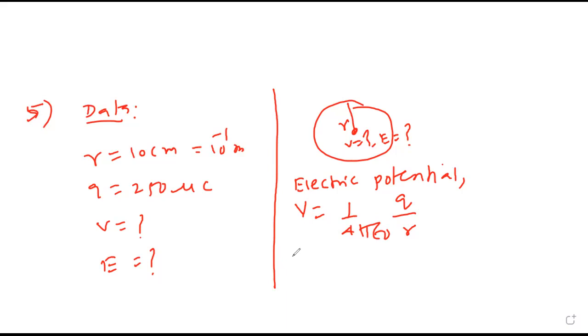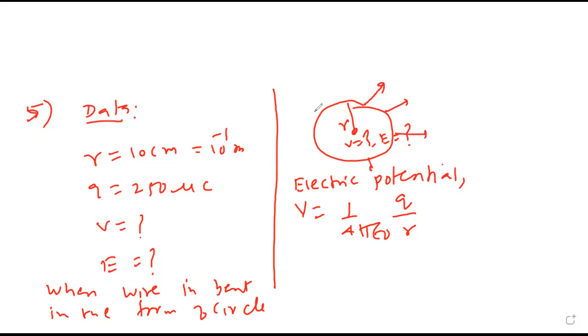Sir, is it zero? Electric field or potential? Intensity. Intensity will be 0 because it lies inside that charged surface. Yeah, sir. I didn't get the potential. Potential, the direct formula. Potential, first we'll write in words. When wire is bent in the form of a circle, see, charge will be giving intensity outward like this. So there can't be anything inside.